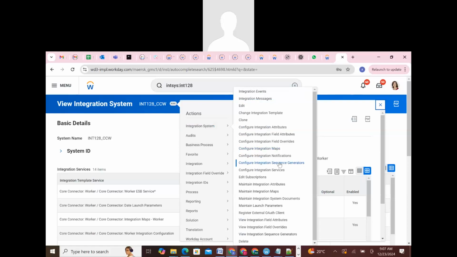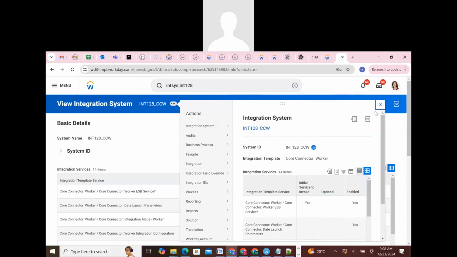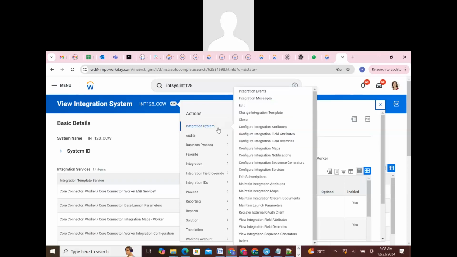Now we want to see integration maps today. What is the integration maps? What is the use of integration maps? Integration maps means, in Workday we are generating a file, like